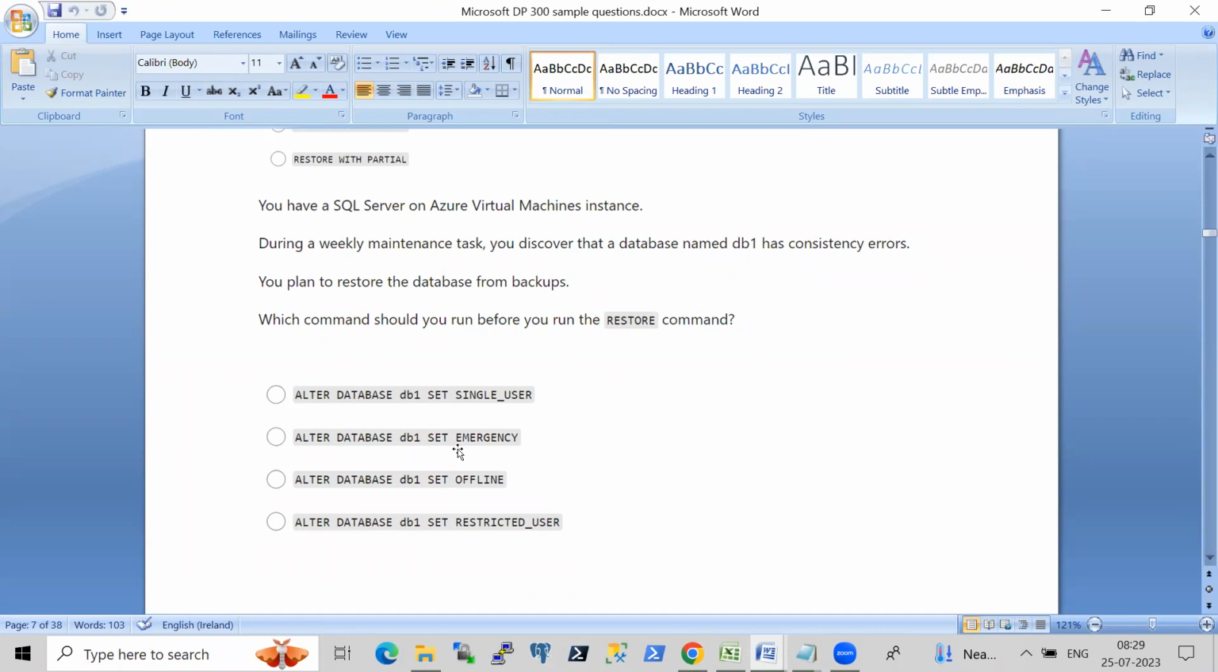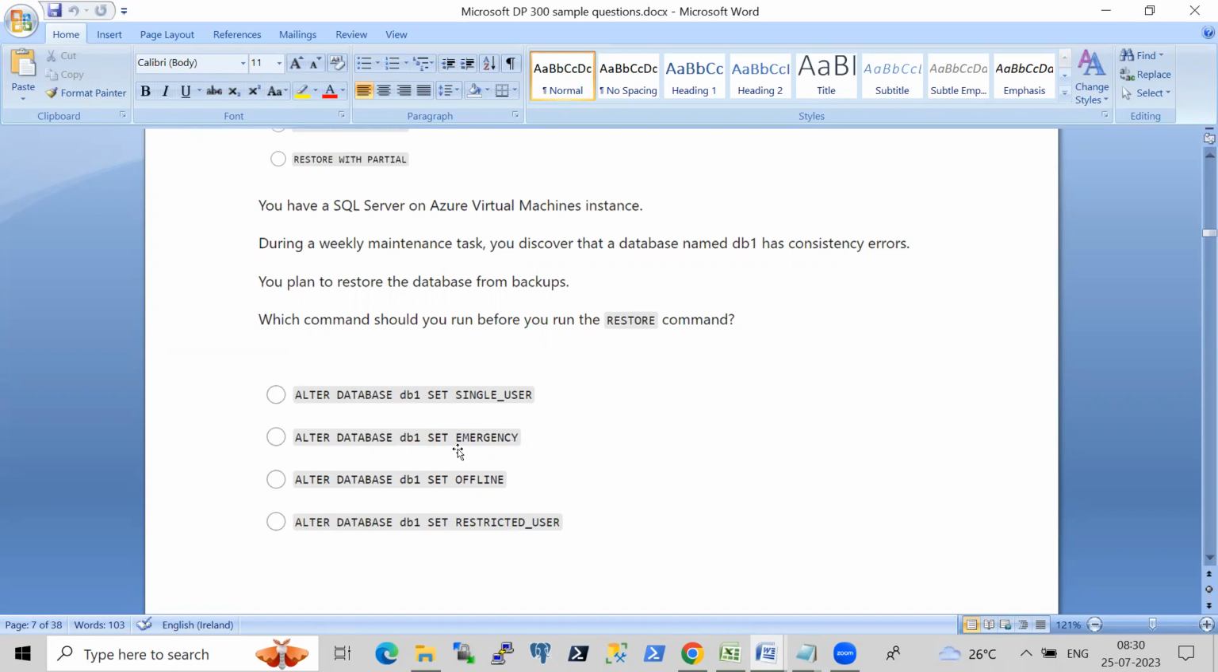Why do I need to keep my database in single user mode? Many of the people are saying, okay, no one should be able to access. No, that is not the reason. The reason is if you have to run repair allow data loss, it has to be in single user mode. That is a requirement for repair allow data loss. I'm stressing that word requirement. Without keeping the database into single user mode, you cannot run repair allow data loss. So it is the repair allow data loss option that is forcing you to keep the database in single user